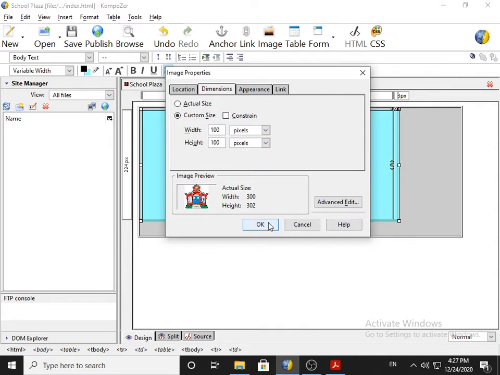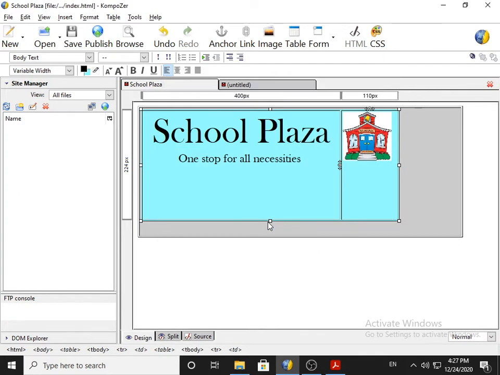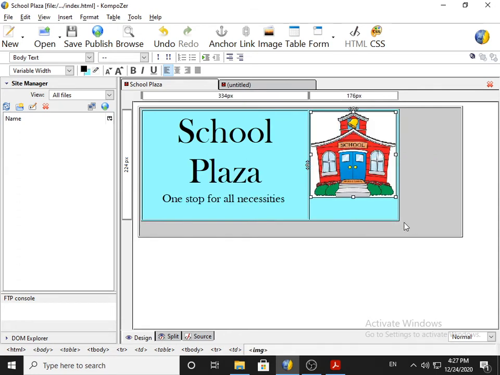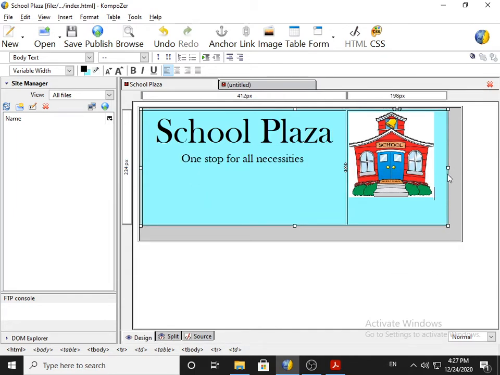Now I click on OK button, and I hope you can see the image available. Now you can manually drag it. If you feel that it is too small, then you can drag it according to your choice. That will be the adjustment you have to do, the same way as you do in MS Word. Click, then put it in center.